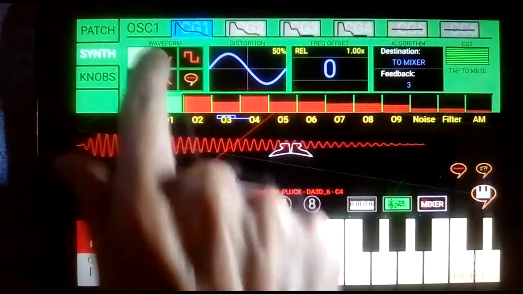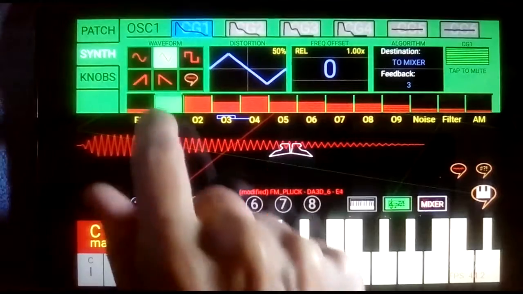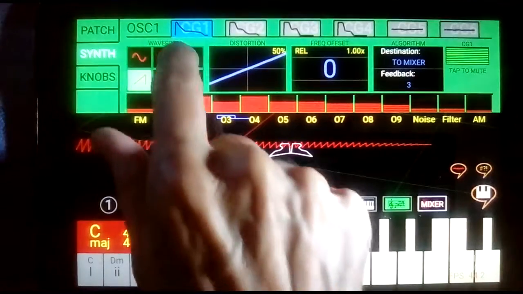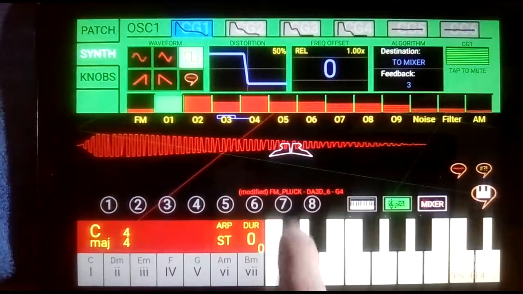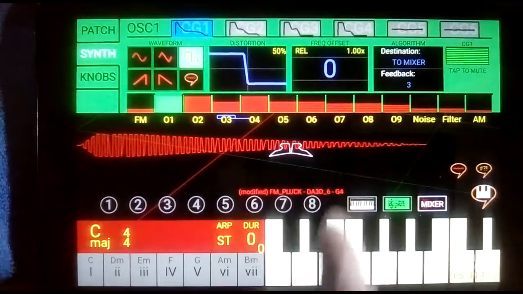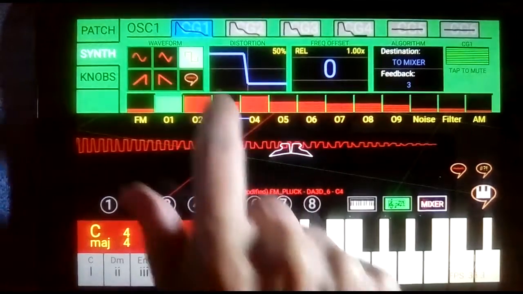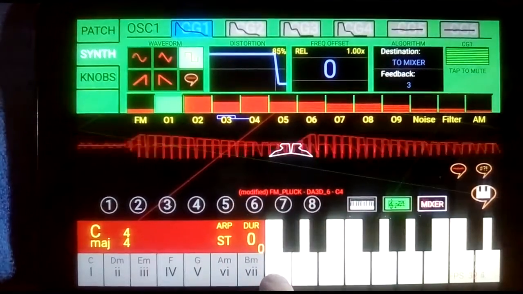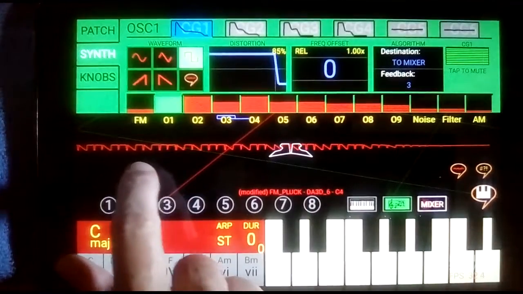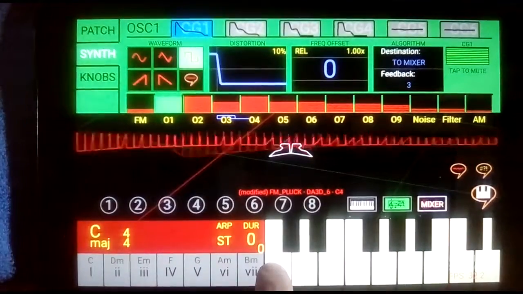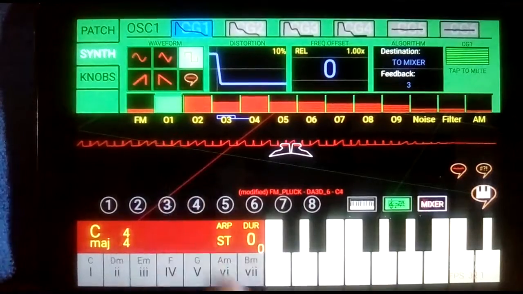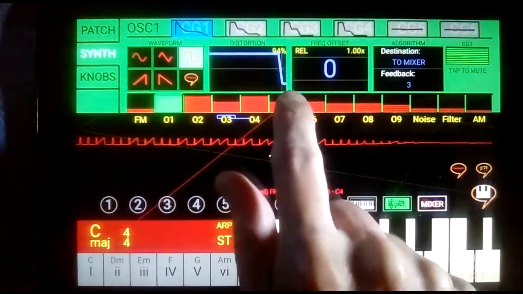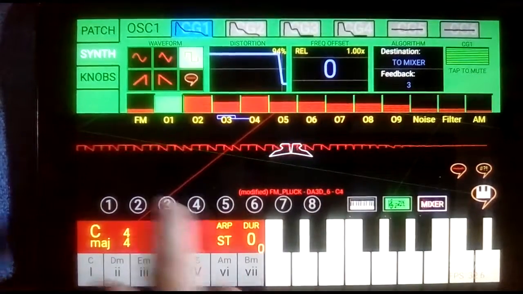sine is too bland, triangle is not too scary, sawtooth is harmonically rich but pretty buzzy, and square wave, you can't depend on it sounding as musical as it does right here. And of course I can then distort things, so here's going to be a square wave that's mostly up, and here's a square wave that's mostly down. Do they sound different? And here you also get this